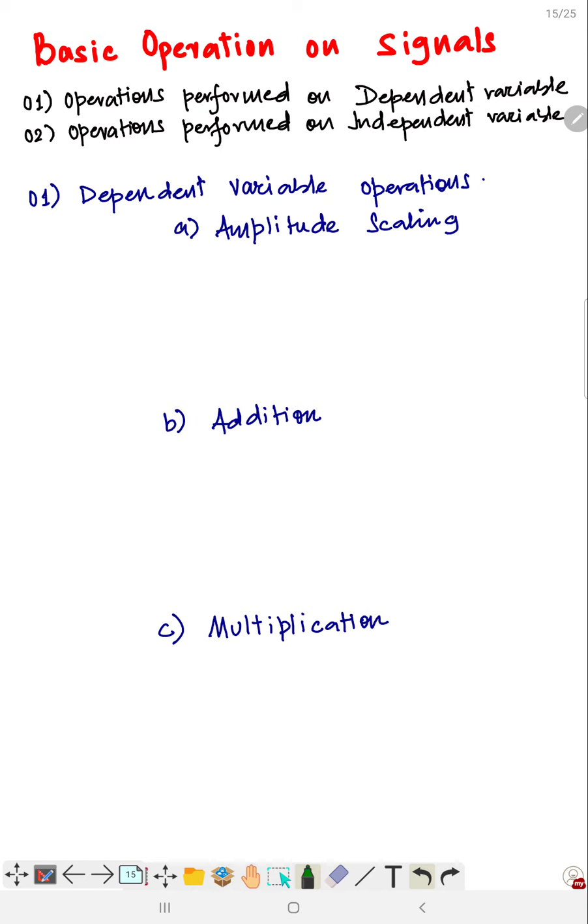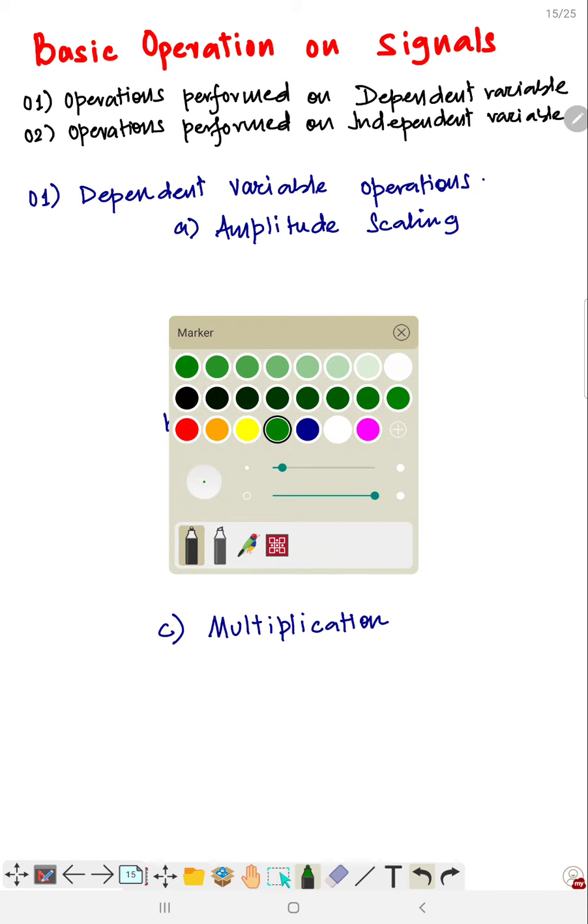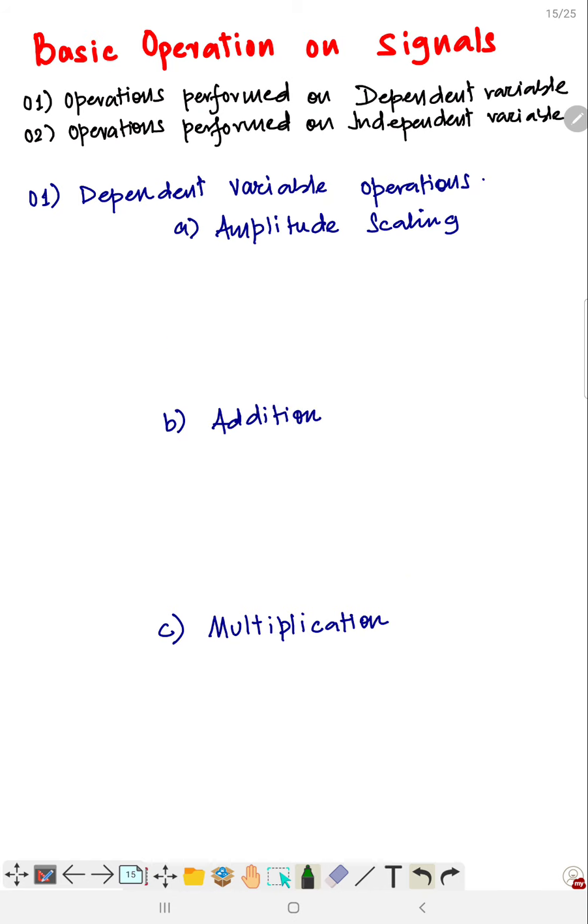So first of all, we will consider the dependent variable, that is the operations that are performed on the dependent variable. And there are few, like we have amplitude scaling. And amplitude scaling simply means that the amplitude of your signal is being scaled by some factor, some constant, that is. So I can simply mathematically represent it that if I have a signal y of t,